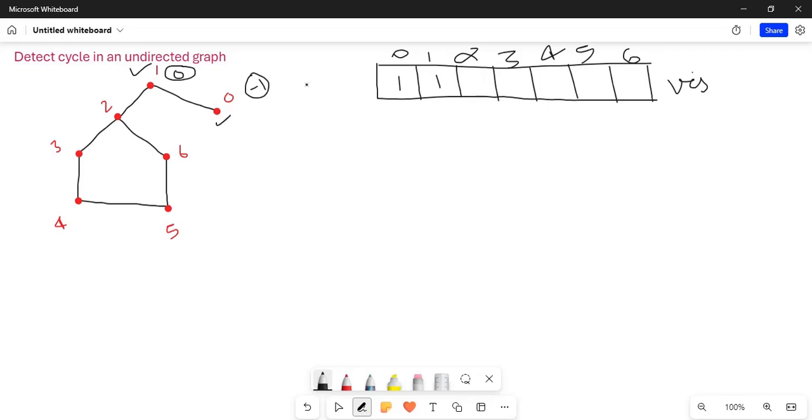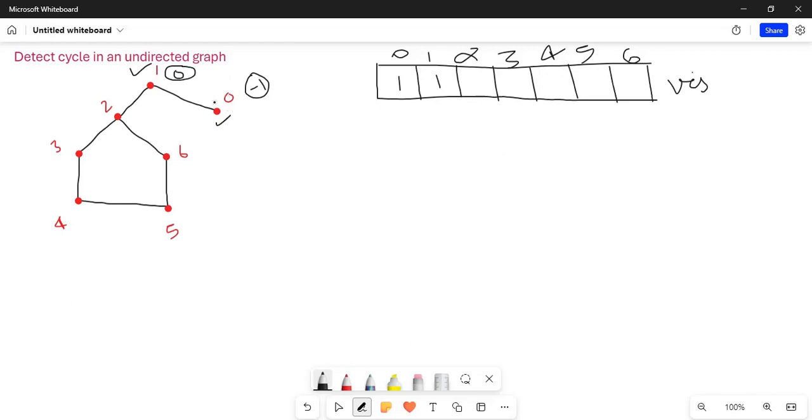This is the key point in cycle detection. If 0 is not visited, we directly make a DFS call. But if it is visited, there may be a chance of a cycle.